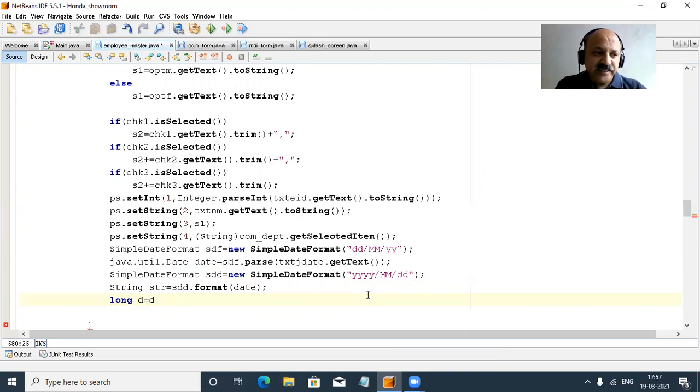We can define it as, I think, dt. Previously we defined the date, so here our variable name is date, and then again typecasting, which is very important, and we can pass the string. First we store our formatted date in a string variable, and then convert that string, because that first method, you can look here, is deprecated. What is the meaning of deprecation? Here there is no error, only a warning.